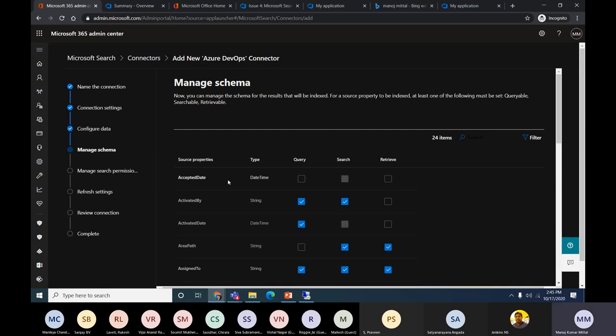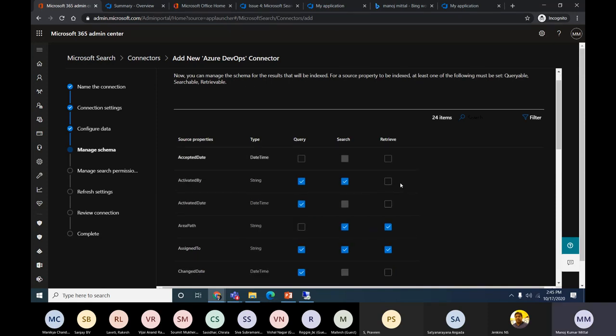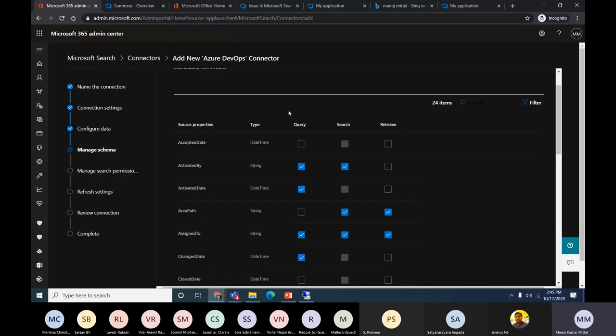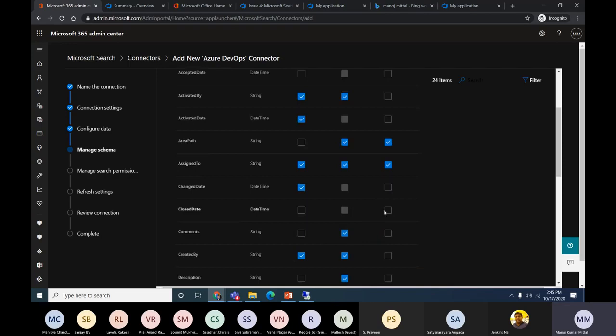Yeah, so here we can define the managed schema. So what are the properties? It's almost similar to how we use it in SharePoint. Which property is queryable, which should be searchable, which is retrievable. We can define all those properties. So as of now, I'll select the properties I'm going to use. Here I will use close date.